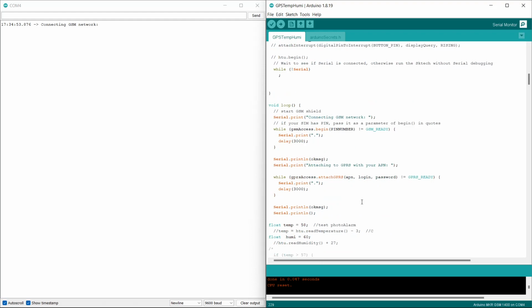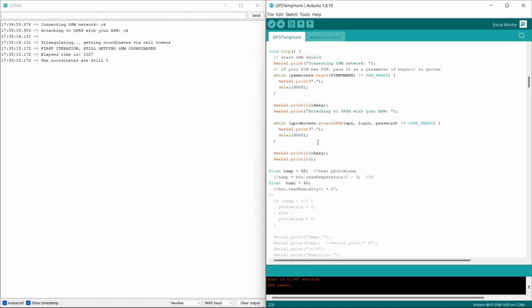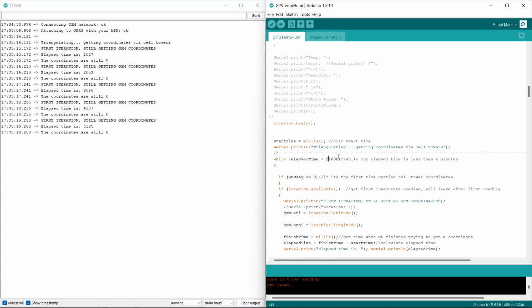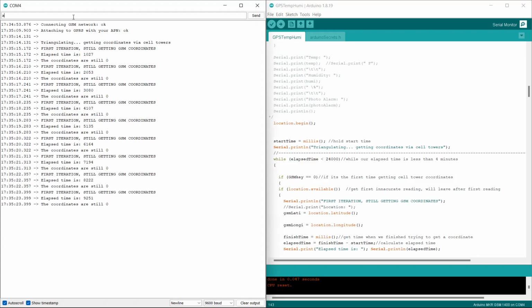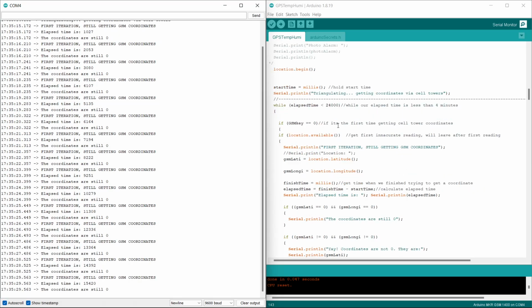It will connect to the GSM network and then attach GPRS to the APN. Okay, and then it'll triangulate the towers. I set the time to 24,000 seconds. So now in the serial console, I'll just enter an A, and after the routine is done